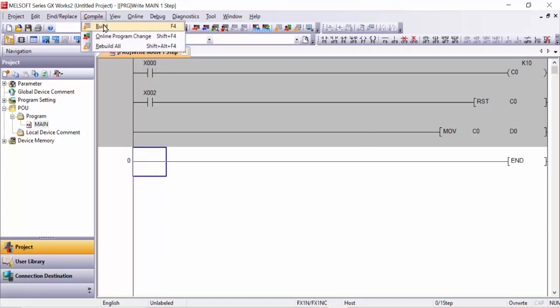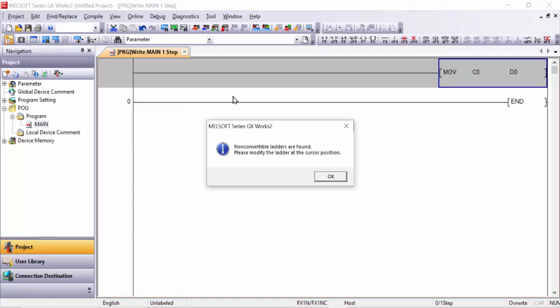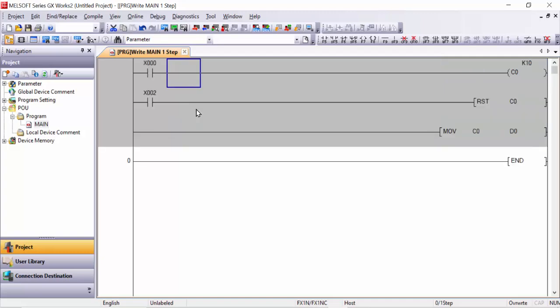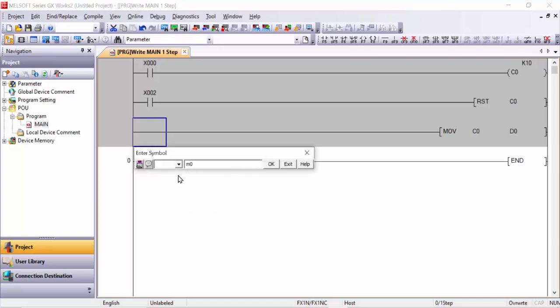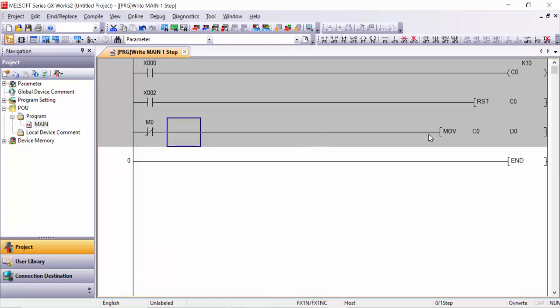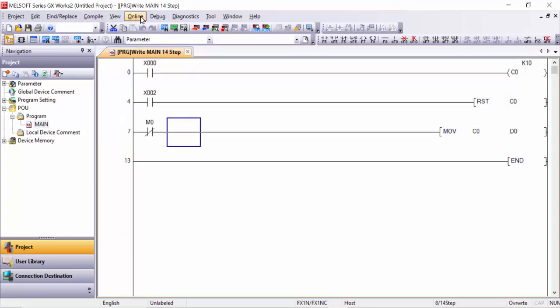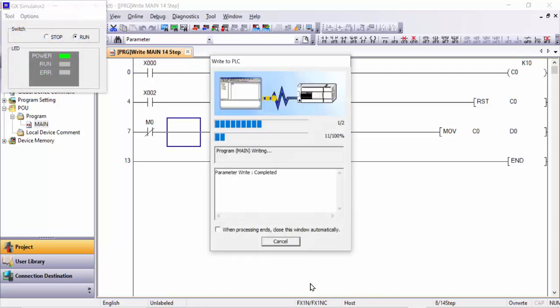So we will compile this program. But one mistake: a compile error is coming because we did not put any bit, for example any contact, for this move command. For example, internal memory M0 I will choose, and I will choose the close contact. After this it will run continuously, because you can't use this move command directly. Compile now, and now you can go to start stop simulation